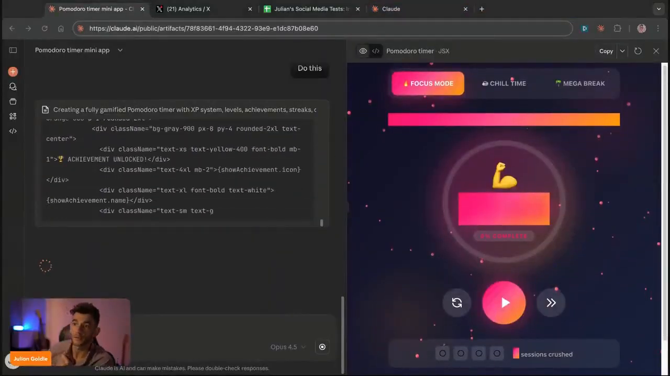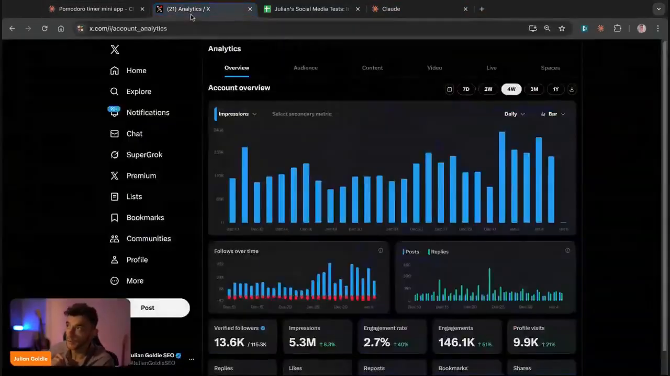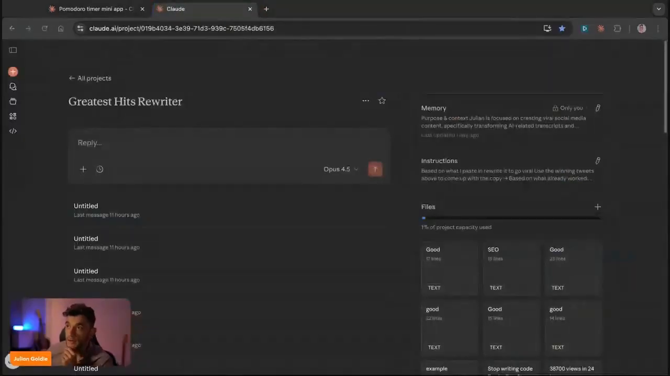But yeah, I think Claude is honestly one of the best. You can also use OpenCode. That impressed me. I tested it out yesterday. That was pretty cool. But yeah, let me show you an example of how we use the greatest hits